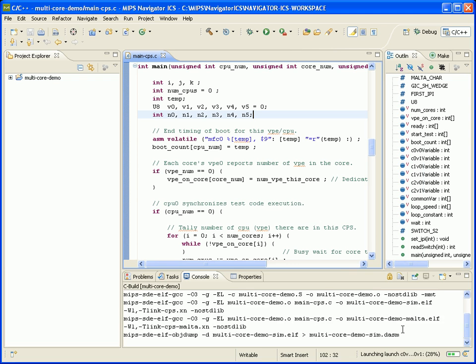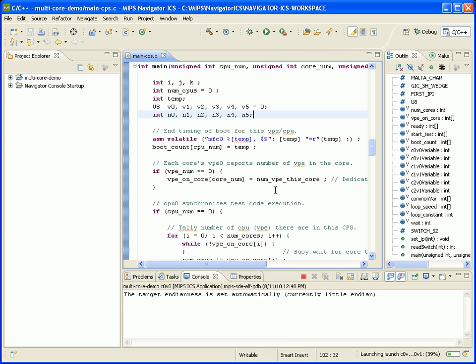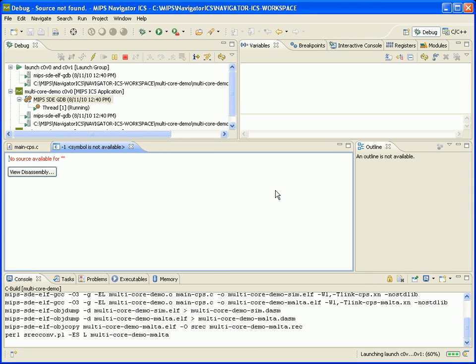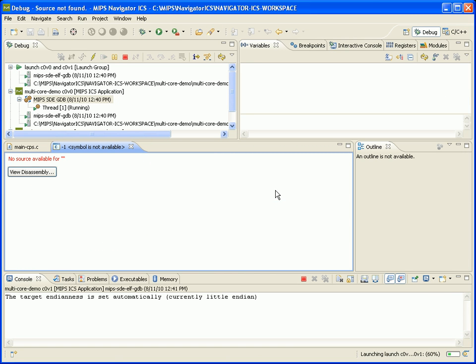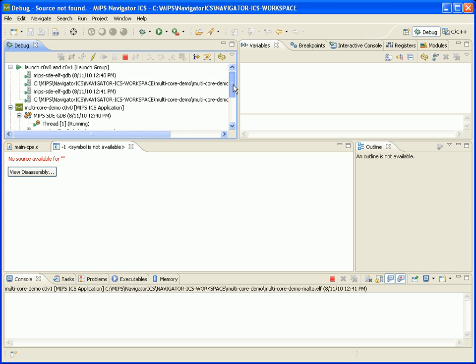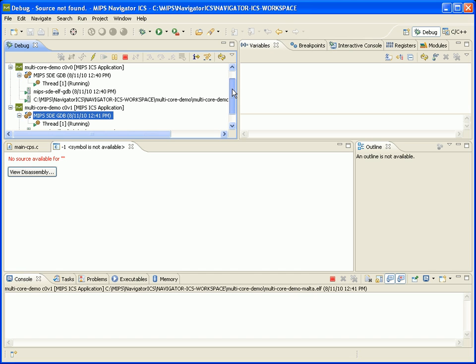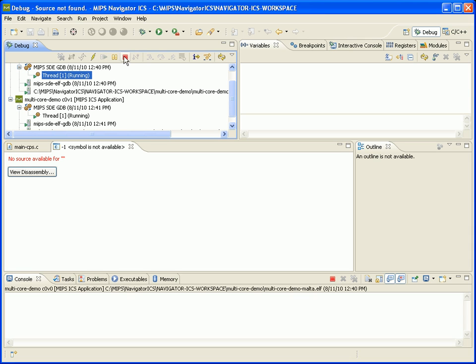We can click debug. We can see down here that the first one has started launching, so we'll let both of these launch. Our first one is done. And our second one is done. So now we can see up here we have our launch group. We can collapse that one and we'll see that it's managing both of these launches, both of which are currently running. So we'll take this one and we'll interrupt C0V0,